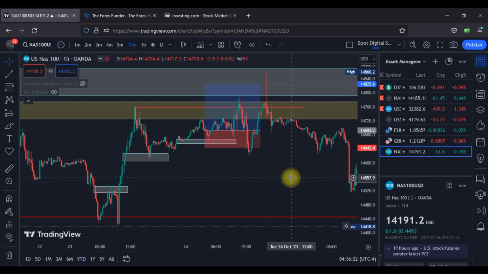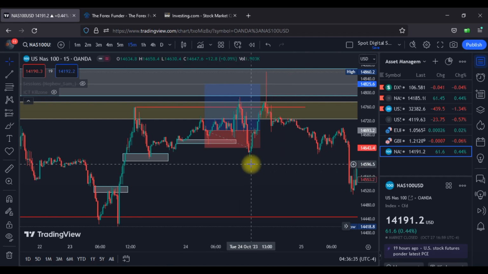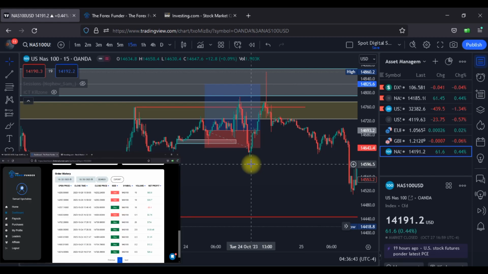No, the market will do what it wants to do regardless of your effort in trying to make it go where it's not attempting to go. So we'll take a look at the other trade. I'm going to attach the screenshots to the trades I took, or better still, I'll just open my back end,